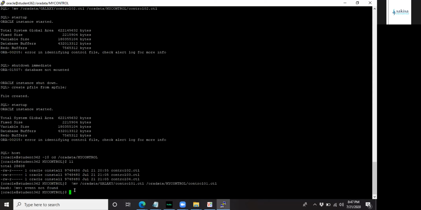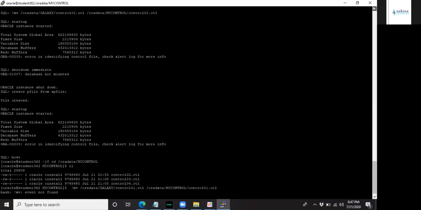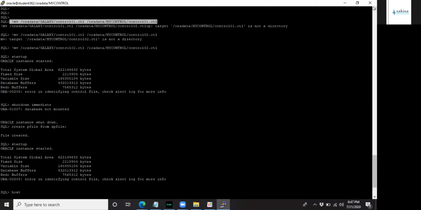Event not found. There's the exclamation mark, exclamation sign at the beginning. Ah, okay. I was like, man, did I delete a control file?